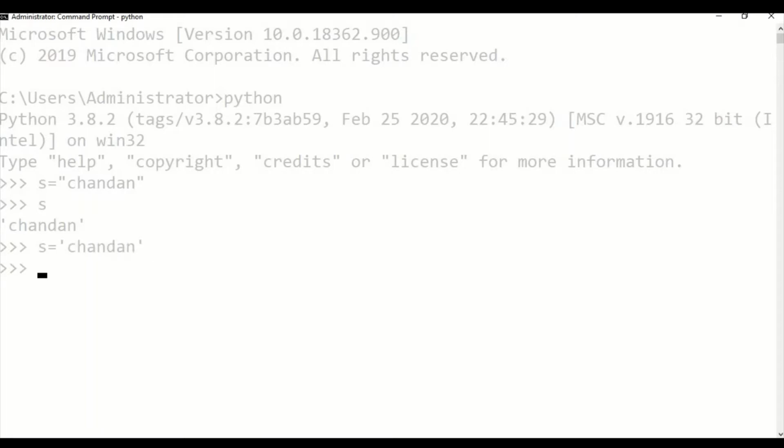Accessing a value in a string is easy, like an array. So s of 0 gives me the first character, s of 4 gives me the fifth character. In Python, I can also use negative values. So s of -1 gives me the last value. It's similar to s of length of string